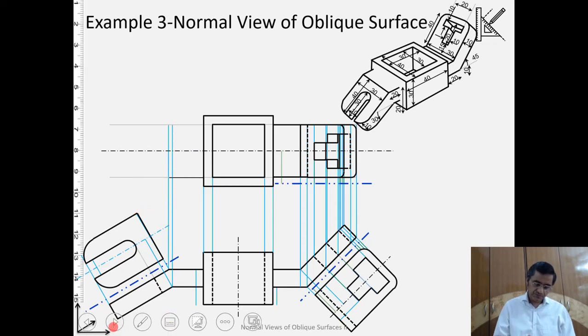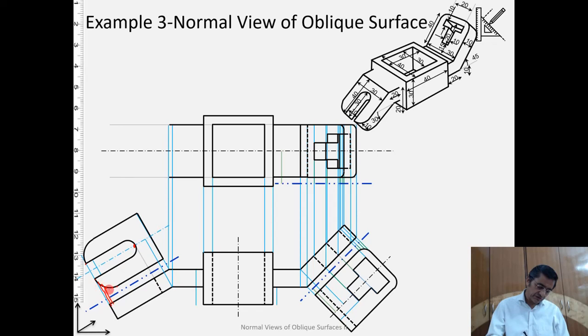Procedure is the same. Okay, so the procedure is from the true shape, different parts of it. For example, I will take multiple points here, and then I will be projecting these multiple points onto the frontal view. Say this is the top face and that's the bottom face. So I'm projecting them on the top face. Similarly, I will be projecting them on the bottom face, and then from here I will be taking the projectors to the horizontal.